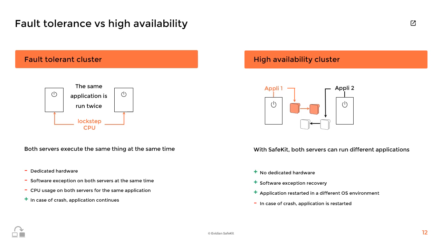High availability clusters typically consist of two servers that restart the critical application if a failure occurs. High availability solutions are more flexible as they can run on any type of server or hypervisor. They also support smooth upgrades and fixes, allowing different versions of applications and operating systems to coexist. The recovery time for high availability systems depends on the time it takes to detect and restart the application, usually around 1 minute, with zero data loss due to synchronous replication.